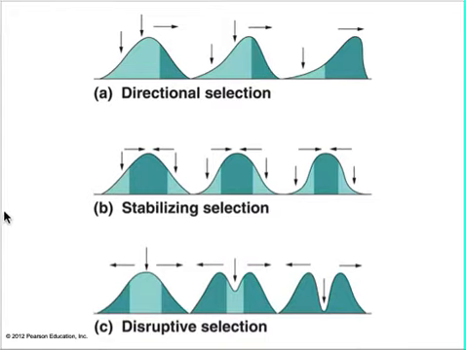Okay. So, because most traits change little over time, this is the most common. It is said to be the most common type of selection. And the third type is the